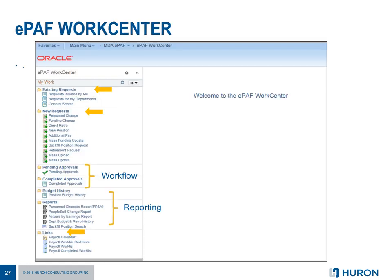With that, I want to show you what the EPAF Work Center looks like. It is structured so that you can see your existing requests, where you can see what has happened. New requests are broken out primarily by the workflow structure that we used. You can check on the status of pending approvals, things that you need to take action on, and completed approvals